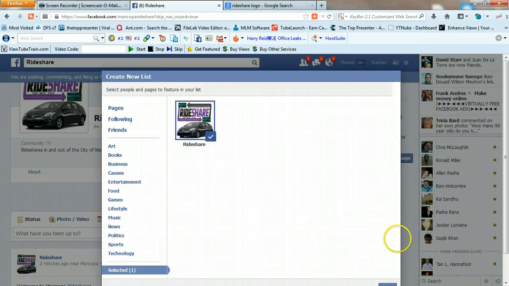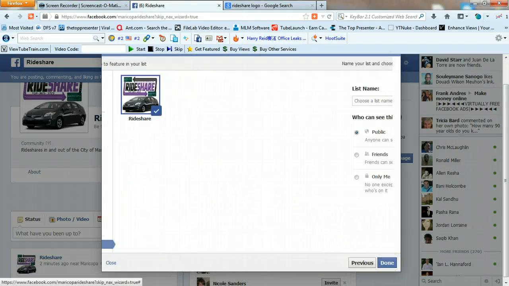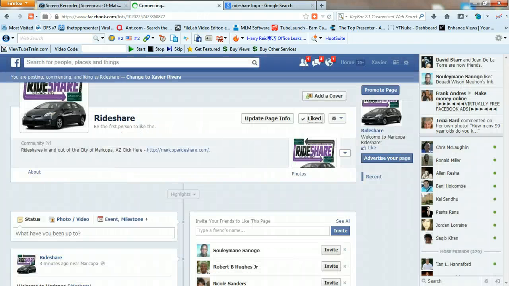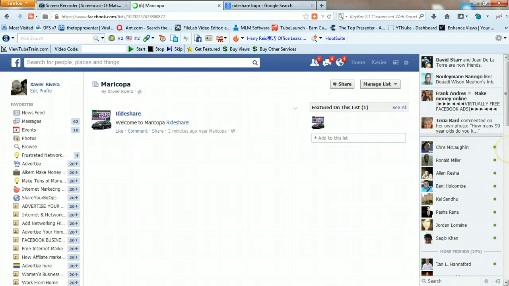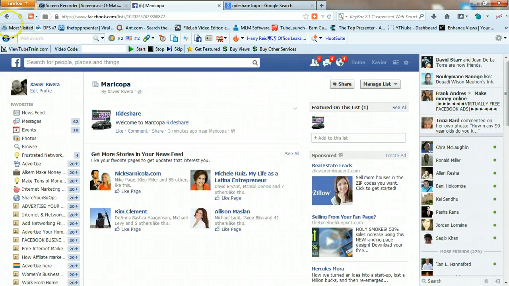Now it takes a little while to load, but once it loads, then just go ahead and click on next. And then after that, you're just going to go ahead and name the type of list. So this will be a Maricopa, which will just be the city. Okay, so it's a Maricopa. So that's why I'm going to put Maricopa and then done. Okay, now I probably should have put Maricopa, Arizona, but that's okay. All right, so we'll go back to our